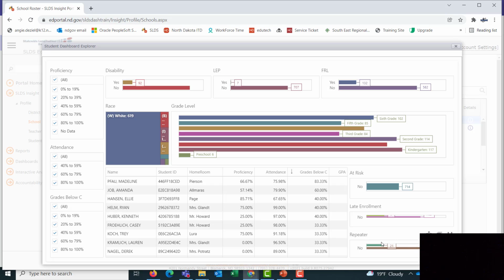Again, I was doing a training not too long ago, and they came across this one, and they had no idea that the student that had come to their school had repeated a certain grade level. And so that made a lot of sense to them why there was a struggle with what they currently had. So there's a lot of good information in here. It's how you want to use it. You can curtail it to fit your needs for your MTSS team, and come to the table and go through it and discover what things need to be done and how you can do so. We are going to move on to the last part of this training, and then